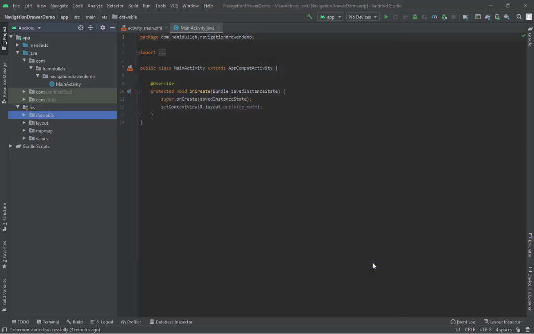Now that the icons for the items of the navigation drawer are imported,